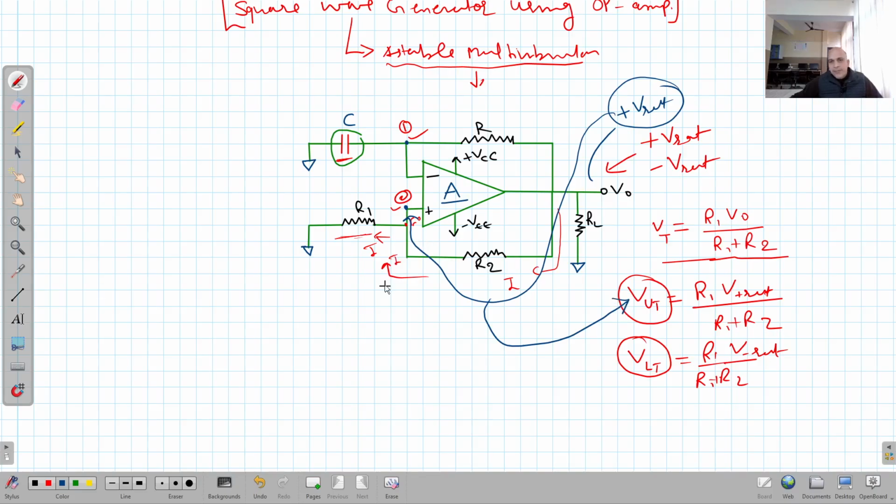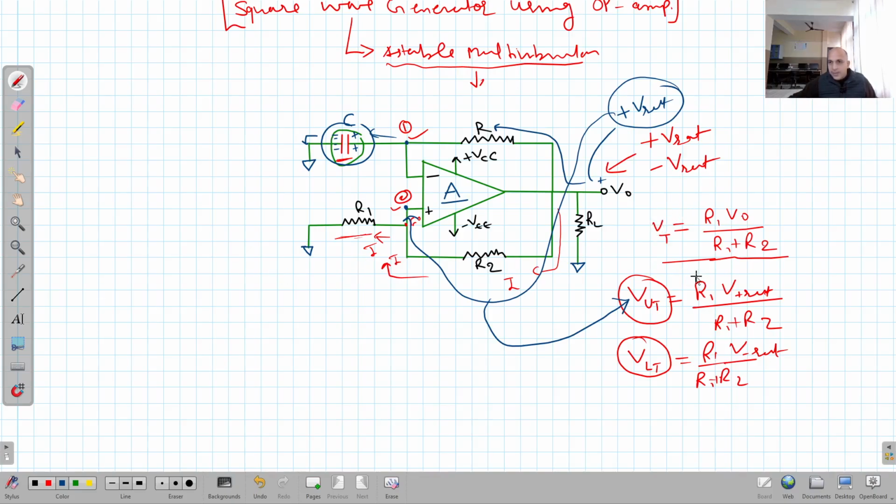Clear? Obviously, right? Now when the output is in plus V saturation, meaning it is positive, what will be the effect of this plus V saturation on this capacitor? The capacitor will start charging in this way, current will start flowing in this way, and it will start charging toward plus V saturation with this polarity. Clear? Current is going in this way, and the capacitor will get charged in this way, positive here, negative here. It will try to charge up to plus V saturation, but when the voltage on the capacitor reaches